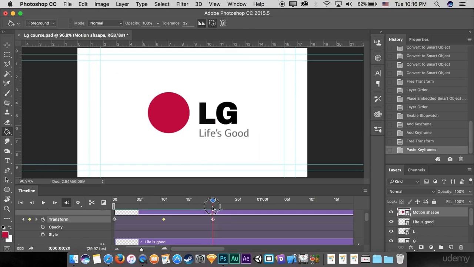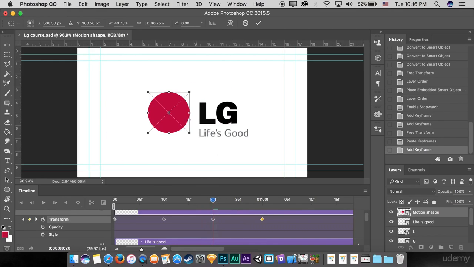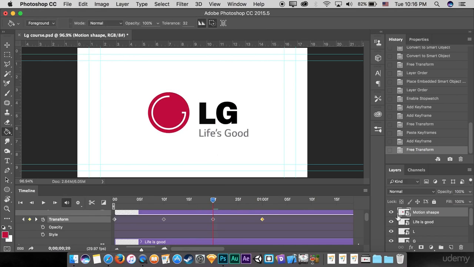Now let's add the bouncing effects. So that will happen in 5 frames. So in, not 5 frames, 10, another 10 frames, add a keyframe there. Now at this point, at 20, make it smaller. So press Ctrl T, hold Shift and Alt, and make it like that. Okay, and now